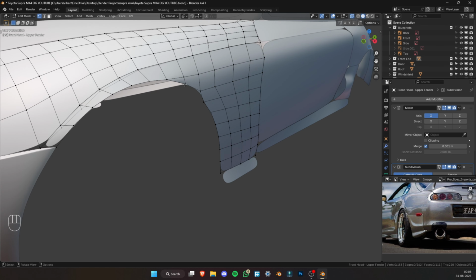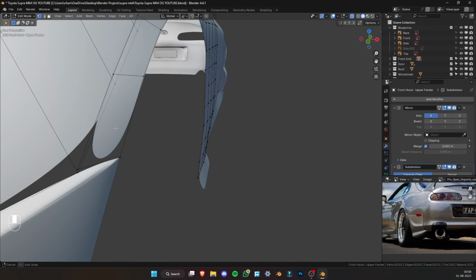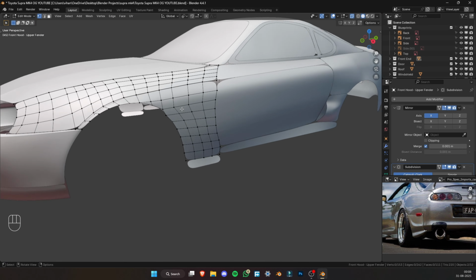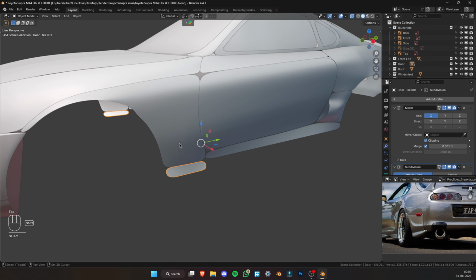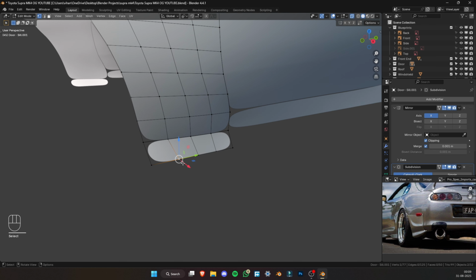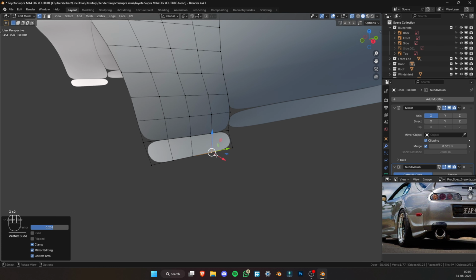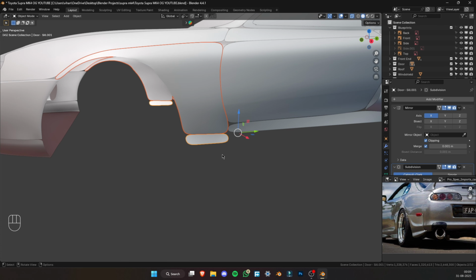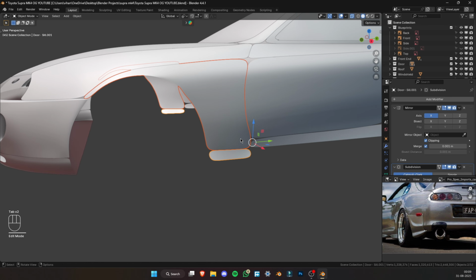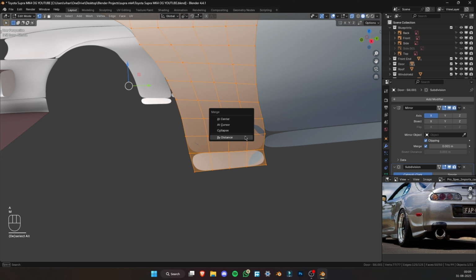Alright, so a few of these have merging issues, but we'll get those sorted very soon. So once these are aligned, I'm just gonna select these two and have a look here. We're just gonna get these straight. Okay, tab out, and now I'm just gonna be joining these. Just select both of them, Control J, and now I'm just going to select all of them, M, and